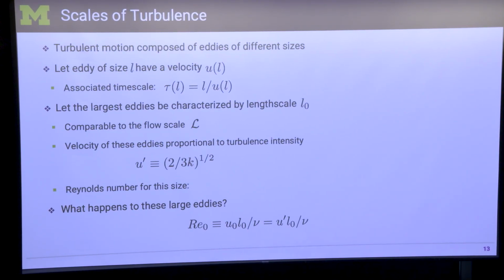So if I have a flow in which there are many different eddies of many different sizes, each will have its own characteristic velocity, its own characteristic time scale and a length scale. These are intrinsic properties of each one of those eddies. So the real question is, what happens to these eddies? You have this initial eddy that is gigantic. We know that the Florida hurricane did not last until now, otherwise we would know, right? It would be in the news. So it went away. At some point it dissipated. It crossed over land or whatever, and it dissipated, right?